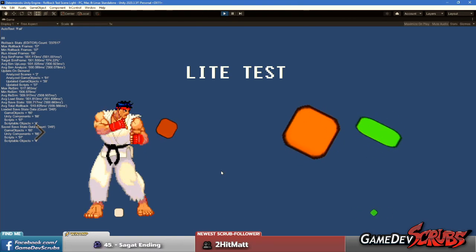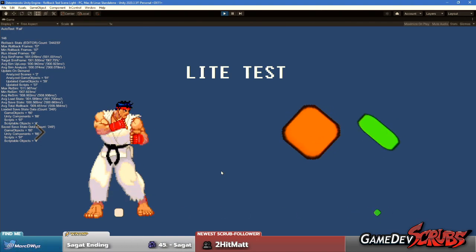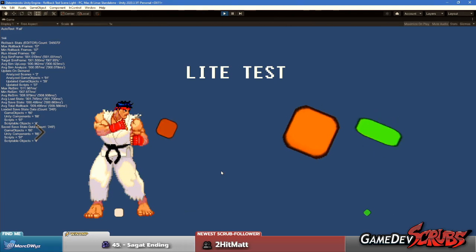Making those kinds of decisions to separate some of the logic out, you know, oh, this is not gameplay dependent. Well, we don't have to update that every frame then. Who cares? As long as it looks fine and it animates and it looks nice, that's fine. You don't need to update the background like that. So that's what I'm doing now.